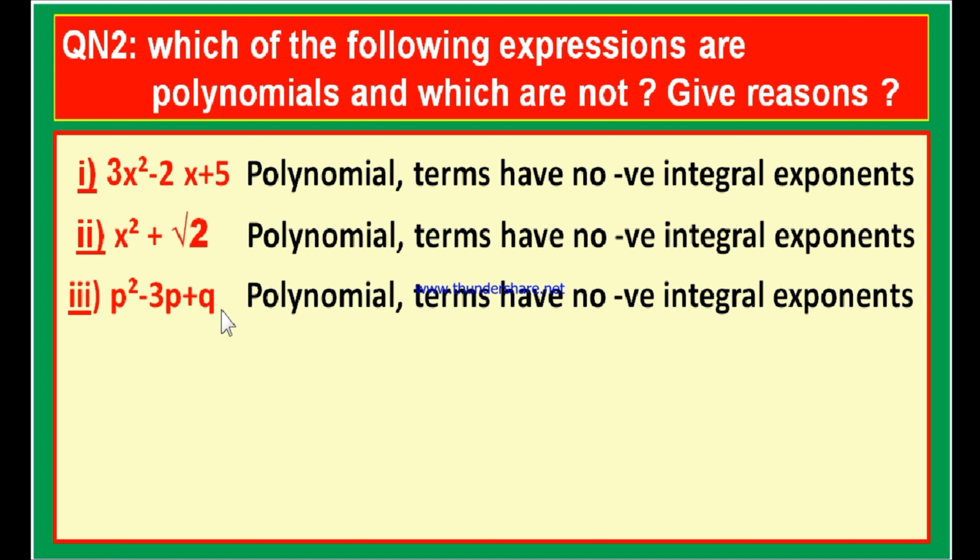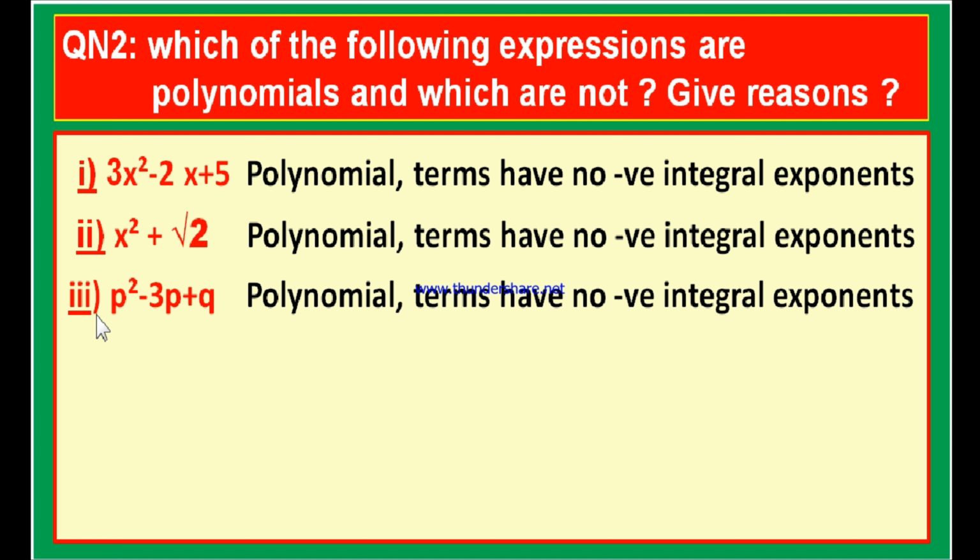P is one variable and q is the second variable. Don't worry about the number of variables. You may have any number of variables, no problem. But in each and every variable, you may verify the exponent. It is enough. If the exponent is a non-negative integral exponent, then you can say that it is a polynomial